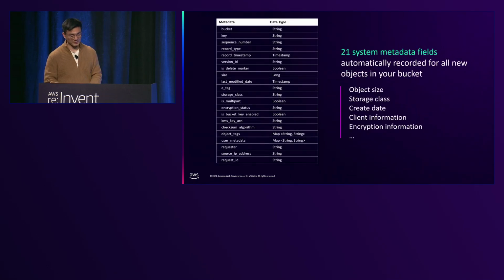Now, to be more specific, here's a list of metadata you will get in the output metadata table as part of the preview. As you might be able to tell, it includes S3 system metadata like storage class or size. Because it's recording change events, it also has event-related metadata like when the change happened, the record timestamp, and the IP address that caused the change. Last but not least are the two fields we want to call out and dive a little deeper into: object tags and user metadata. These are not generated by S3, but can be used by you to annotate an object with metadata specific to your business context.